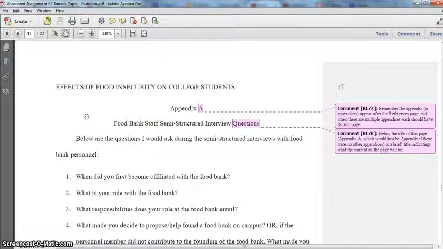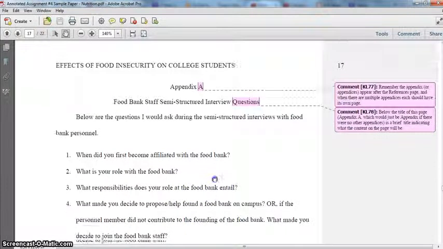To pick up where I left off in the previous video, I think I actually got cut off right at the end. What I was saying is that if you have several questions that you would be proposing to ask in an interview and/or a survey, then it's probably a good idea in the paper itself to just identify the topics of the questions, or possibly do that and list some sample questions and then refer your reader to an appendix for the full list of questions.